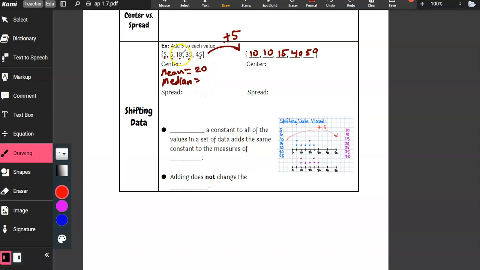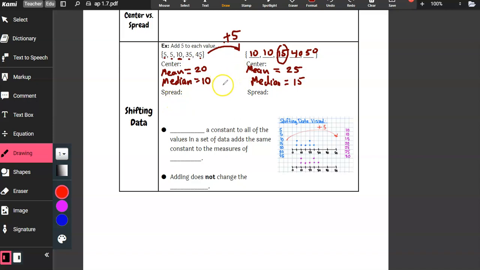And the middle value is going to be 10. Same thing over here. If we find the mean of this set, the mean will be 25, and the median, it'll be 15. Okay,